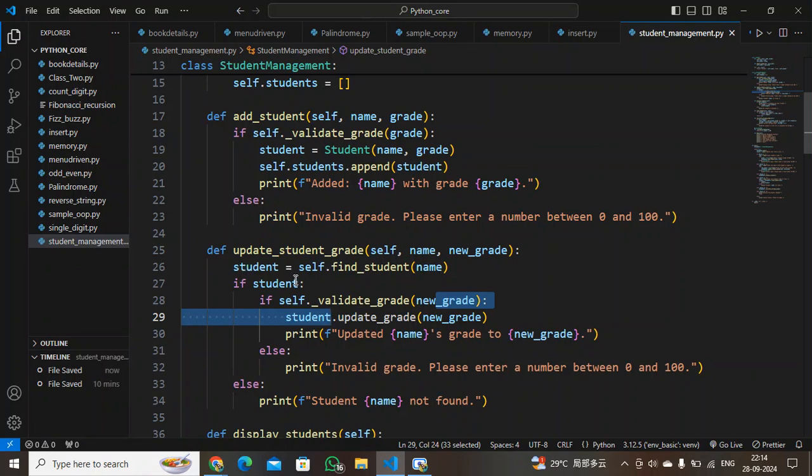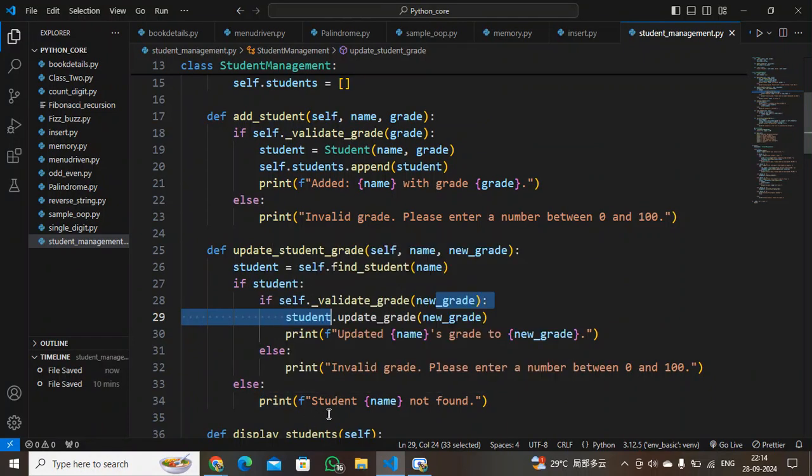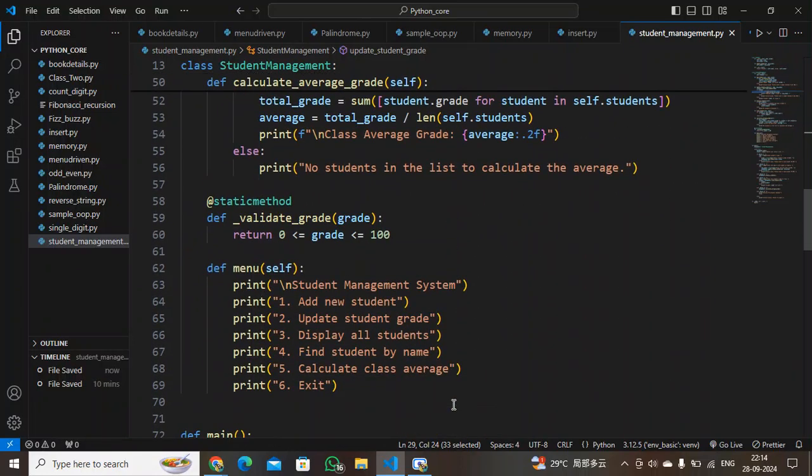And if the student is not present, then automatically it will not go inside this if else decision making. It will come to the else block and it will show that the student name is not found. Clear? Now we are calling display all students.